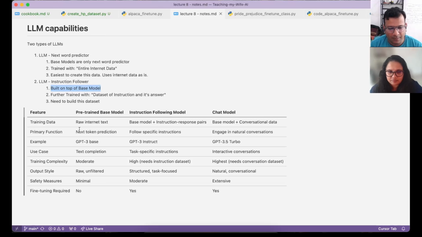So look, this is the difference. Raw internet text here, and here we need instruction response pairs. They are generated by humans. You need maybe 1 million such entries, but you need them done manually. Whereas a raw internet text,